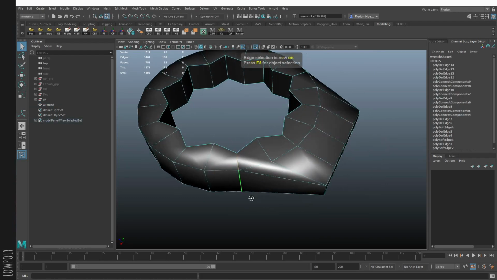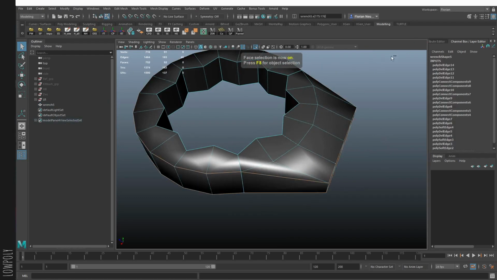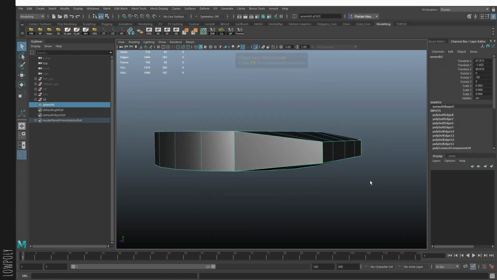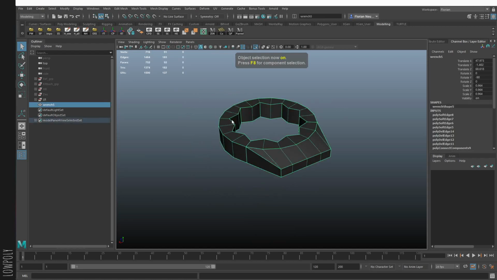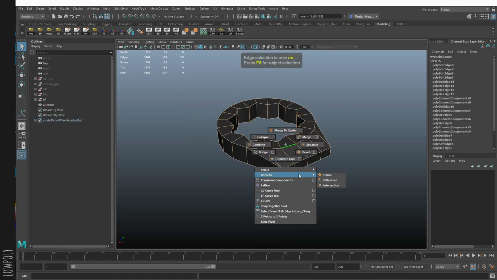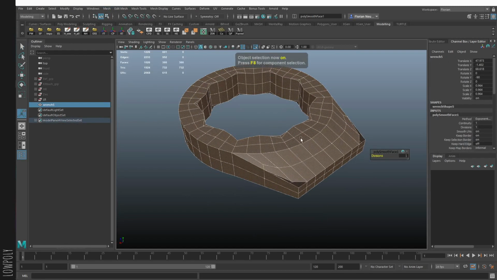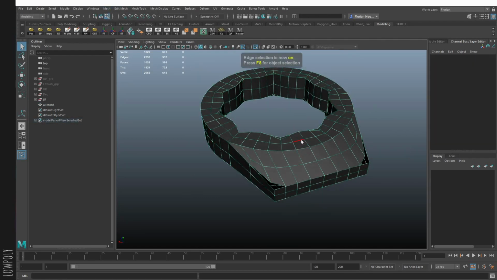Now we want to work on them hard edges again, so let's make those guys hard, those guys hard, those guys hard, those two hard. And I think that's it, so we're going to select all hard again. We want to cut them. No, we want to detach them, sorry. And we want to smooth them once. Again here,